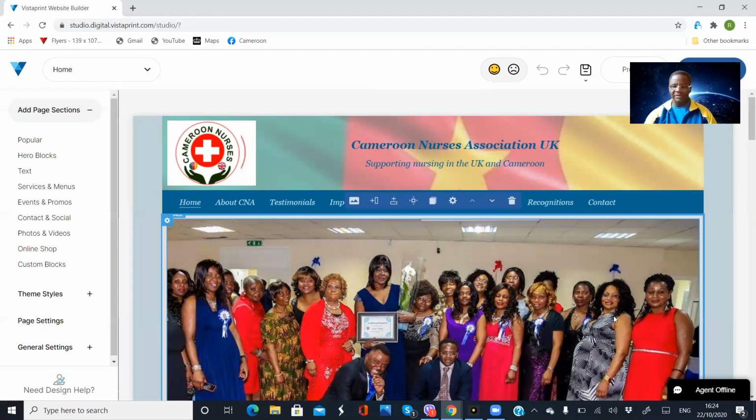Now, very, very important in building the website using our web builder is your left-hand side, the left-hand panel, which is here. If you are seeing my mouse, the left-hand panel where I'm moving my mouse is the most important part for you to do so many changes on the website. And not to make it complicated, I'm going to start by adding a page on the CNA website. So to do that, I'm going to move to page setting. And if I click on the page setting,